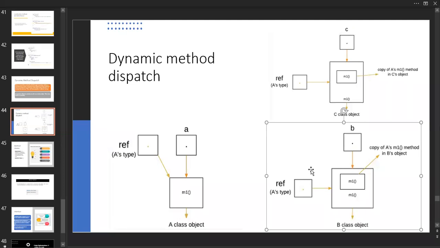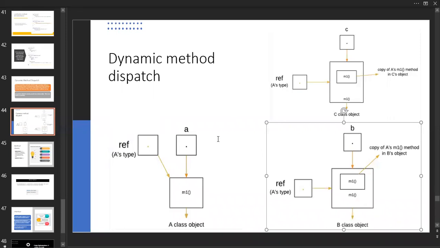Here B inherits the properties of A, and C inherits the properties of A. So this is single inheritance and this is also single. This is not multi-level inheritance. In the sense of single inheritance, we are doing the concept to approach dynamic method dispatch.